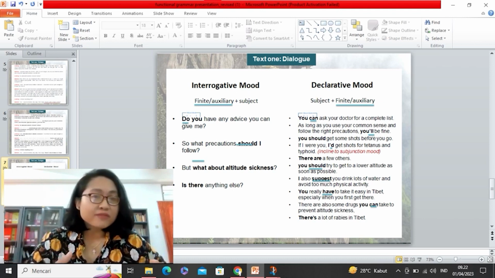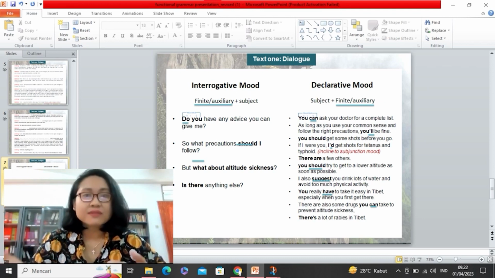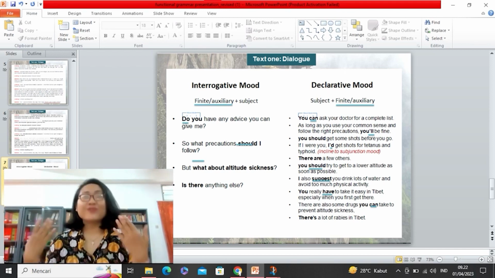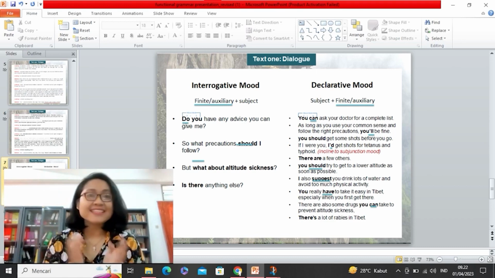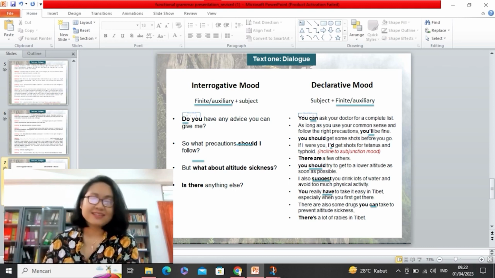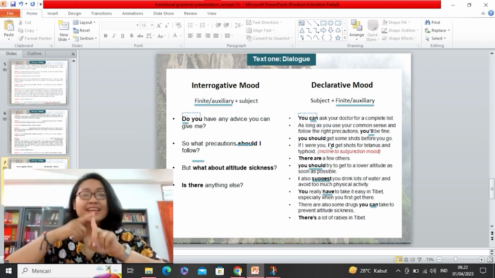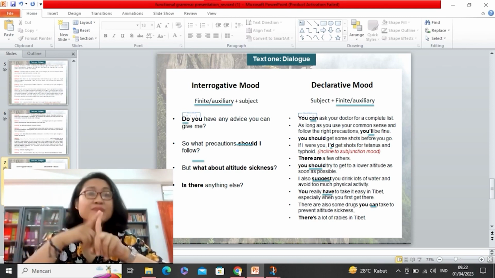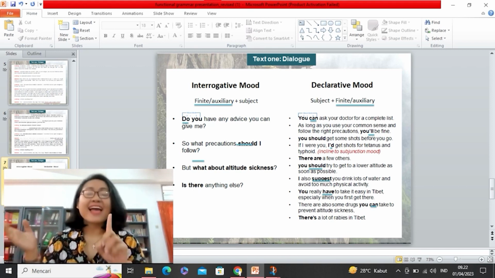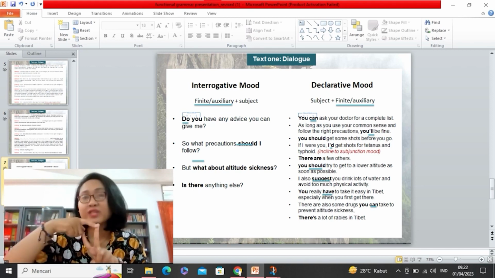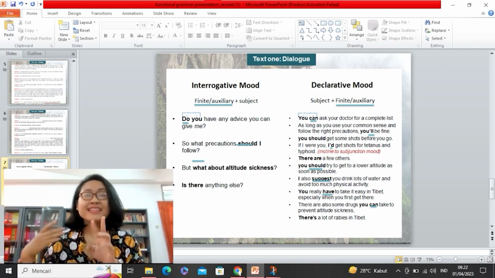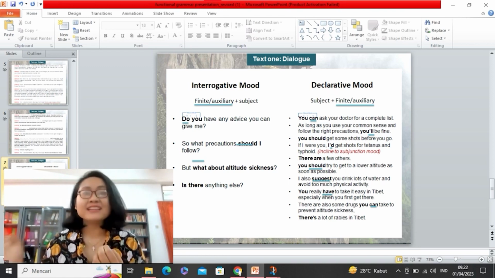As I said, interrogative mood is asking for information. Declarative mood is to give information. Therefore, the functions in the text characterized by the moods are, number one, to ask or demand information, which is expressed by Lindsay. And the second function is to give information by declarative mood, which is expressed by